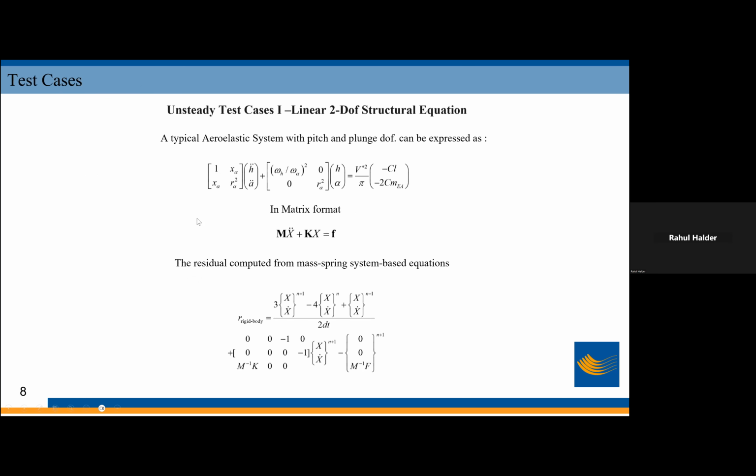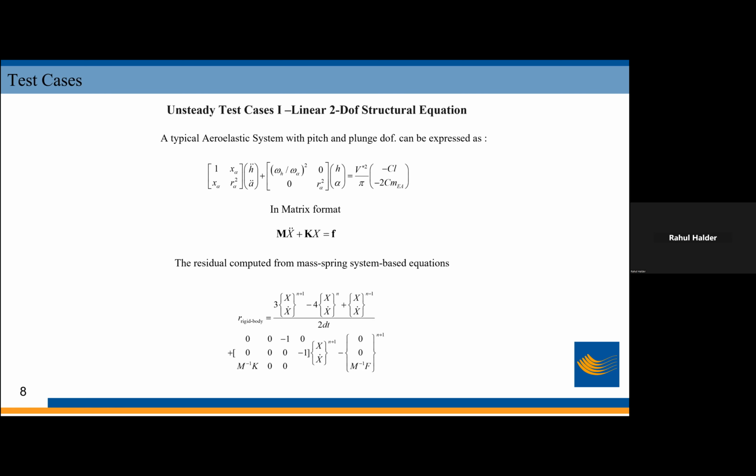Okay. So now two types of test case I will be considering. One is a very linear structural equation, which is a mass spring system with a periodic lift and moment coefficient coming. Usually it can come from aerodynamics for an aeroelastic system. But for the sake of simplicity, I have considered a sinusoidal lift and moment forcing function applied on it. And if we discretize the time derivative using second order backward Euler,